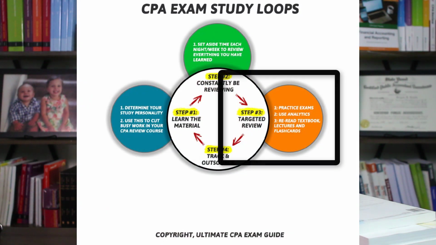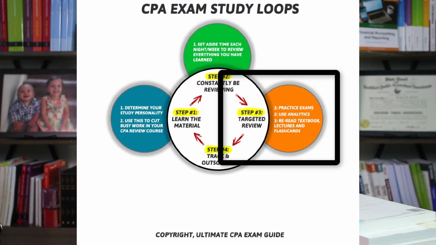Figure out some way to set aside time to go back and re-review everything that you've learned up to this point. So basically, that's the study loop method, right? So you have to be constantly looking back, but also moving forward at the same time so that you can keep everything in focus, start identifying areas that you're struggling with and the concepts that aren't sticking, so that you can devote time during your review to do that, which brings us to step number 3, which is targeted